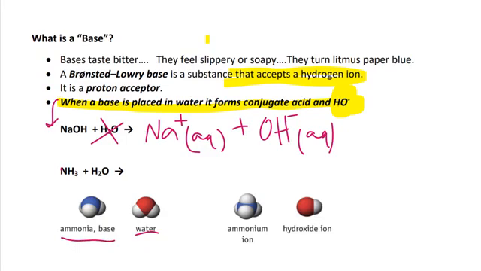So ammonia is a base, but it's not as easy to pick out as the hydroxide was above it. We still end up with the hydroxide because ammonia grabs one of these hydrogens from water. So it is accepting